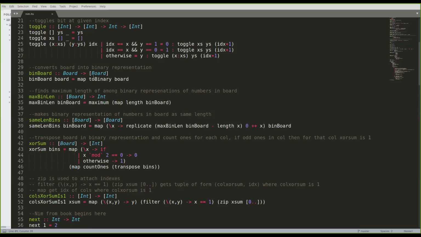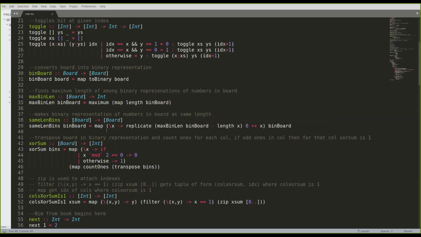And maxBinLength means it is finding the maximum length of all the binary representations, because the binary representations will be uneven. To make all the lengths equal for XOR to happen, we need to append some zeros, so for that we need to know the maximum length. Here sameLengthBins is the function that does exactly that.